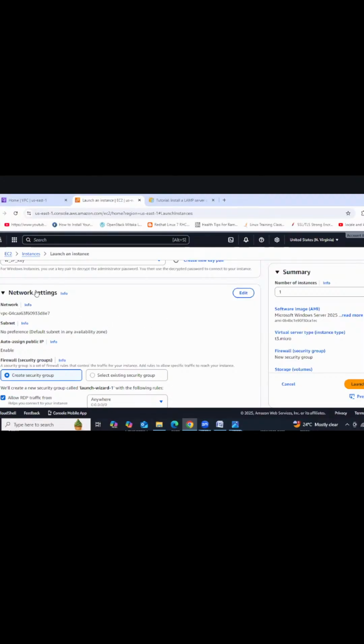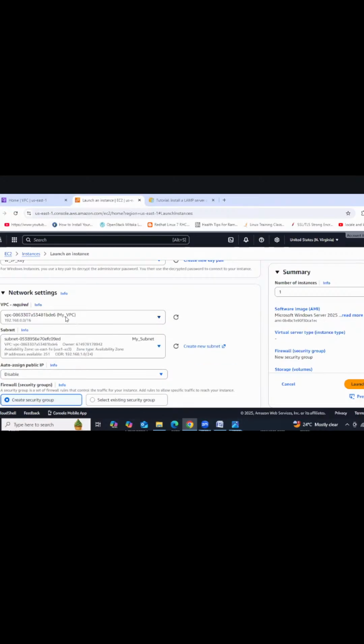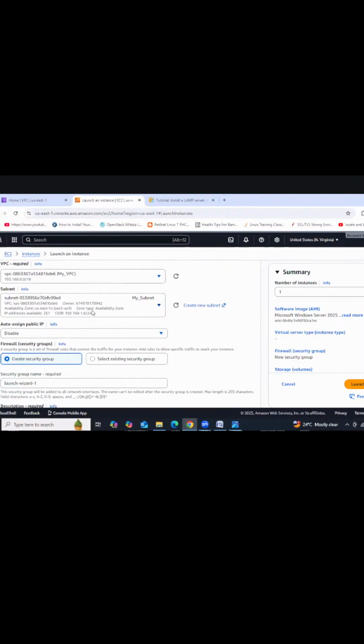How? Network settings we have, right? Go to network settings and click edit. So first option, you need to change to your VPC. Right, guys? Automatically, you are going to get the subnet because it has only one subnet. Okay.